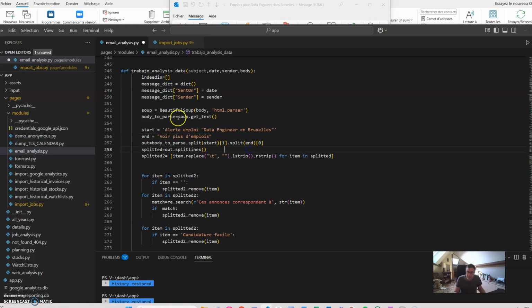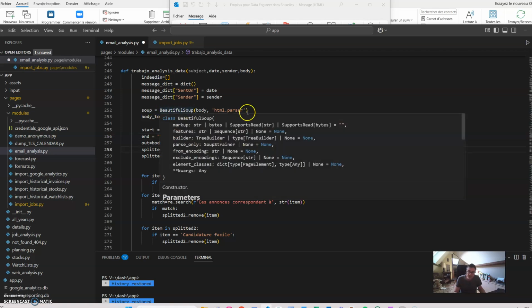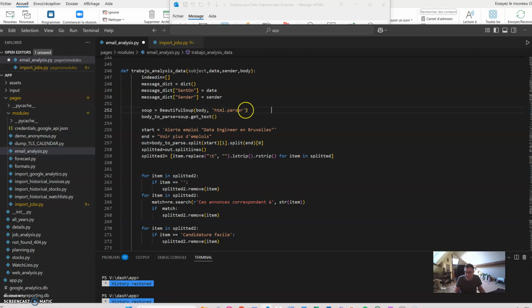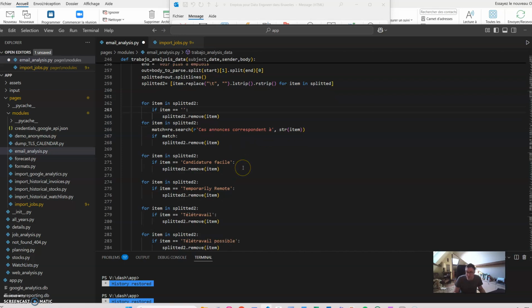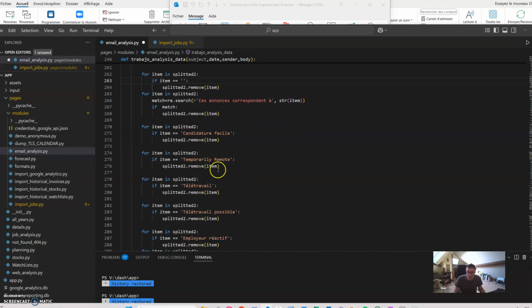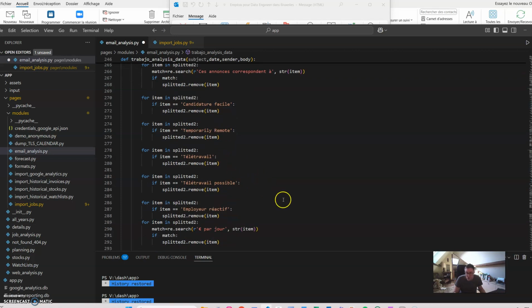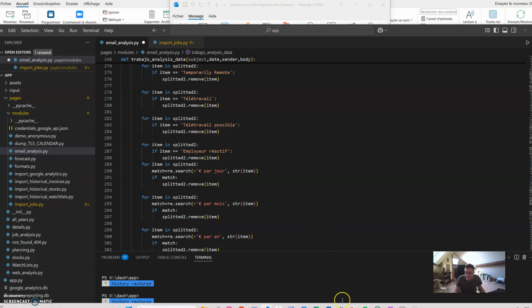And then, I'm using Beautiful Soup, and Beautiful Soup is reading the HTML page and generating a big list with all the words of my text. So what I do, if I have a blank item in my list, I remove it. Or if I have some keywords such as candidature facile, temporarily remote, télétravail, and so on. So all the keywords I'm not interested in, I remove them, so that at the end I have exactly 3 lines